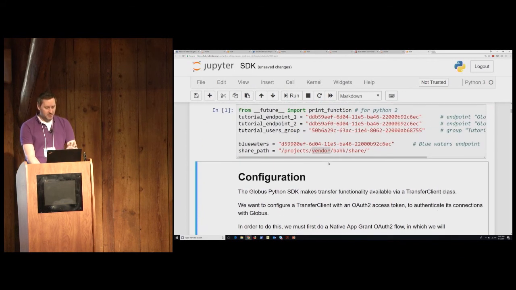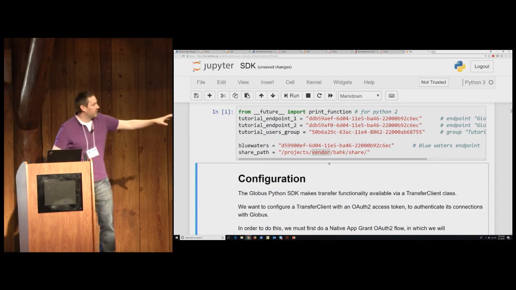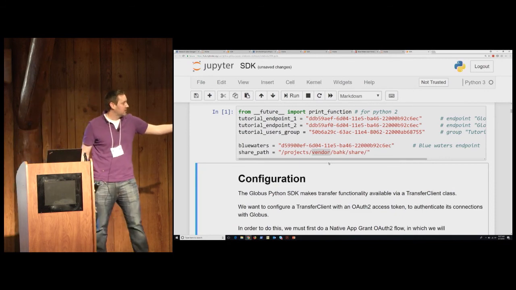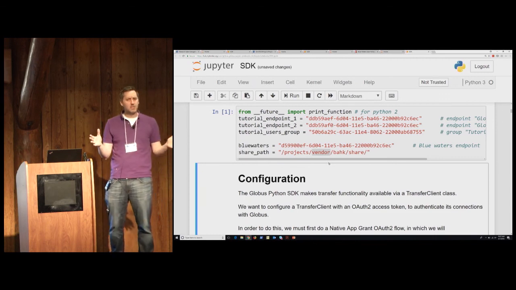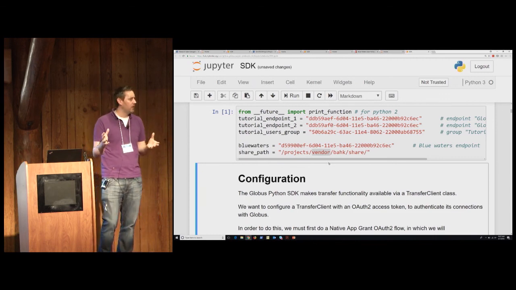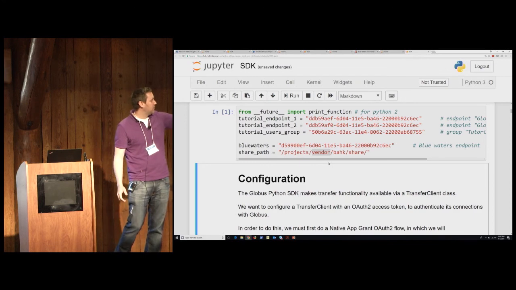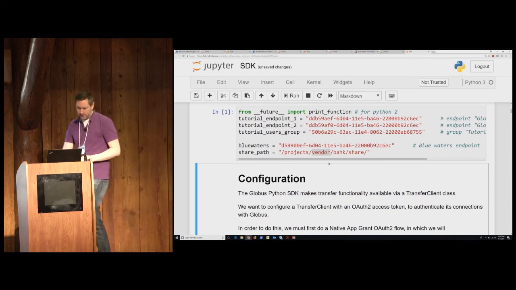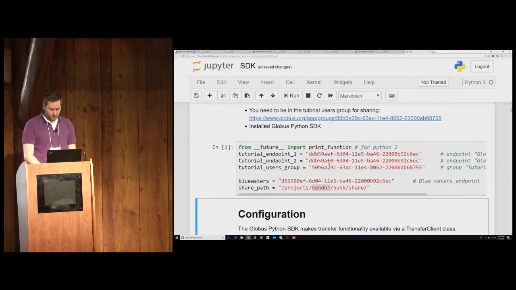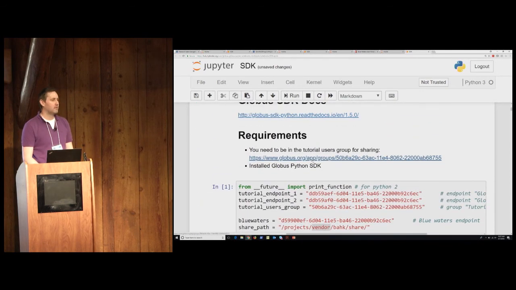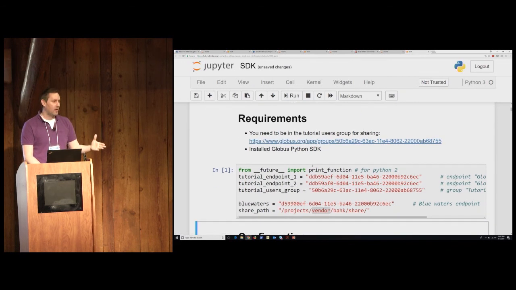Okay, so that's just basic setup. I've just got some endpoints defined that I'm going to use for various things. I expect if everyone here is a Blue Waters user, you already have access to the Globus advanced capabilities around sharing. If you do not, just join this group. I think there's a link here, this tutorial users group. Must be up the top. Yeah, so just click on that link. Again, these notebooks, you can just spin it up in GitHub and click on this link,